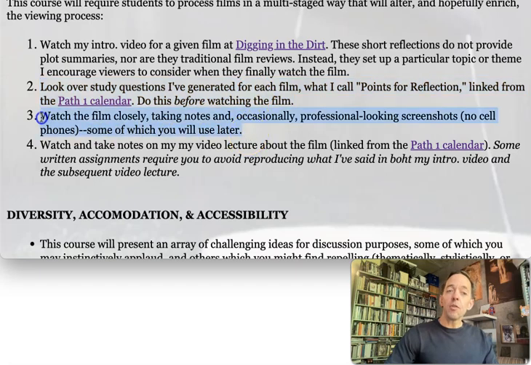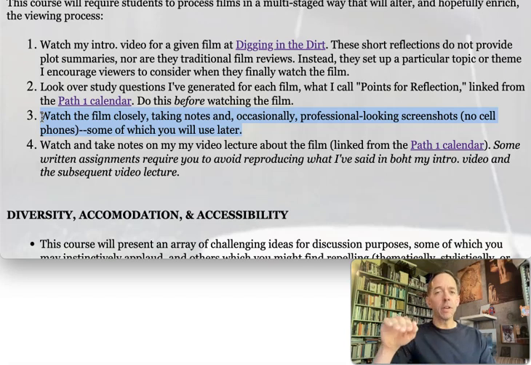Watch the film closely. Now, if you're just running it online, I recommend, and I have an explanation for how to do this lower down, that you watch it with a browser that allows you to take screen captures. That you take screen captures every now and then as you are watching the film. This, again, will change the way you watch the film. Or perhaps you watch the entire film and then scrub back through it and take a few screen captures before you close it and lose access to the film if you were just renting it.